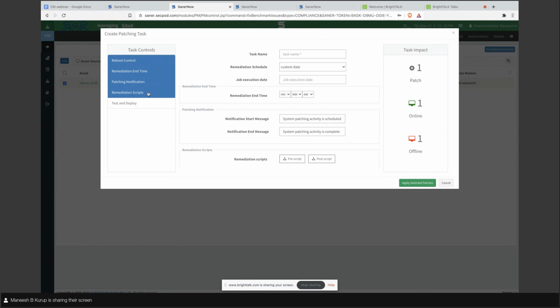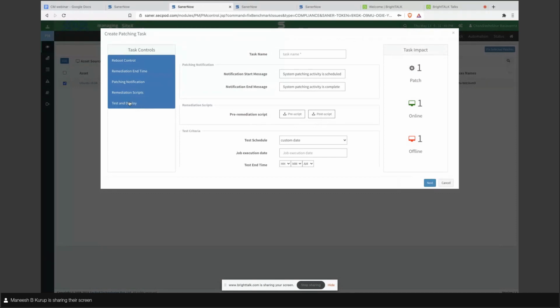And you want to make some customized actions. Let's say you want to take a backup before all the remediation activity happens, so that is possible. The last option is, assume it's your production environment and you don't want to disturb it, so you want to be 100% sure before you actually deploy these patches.